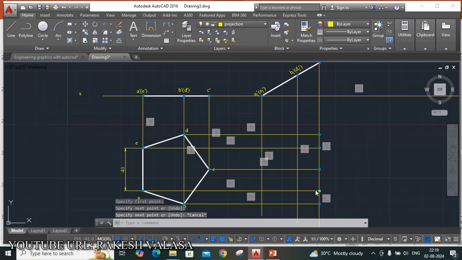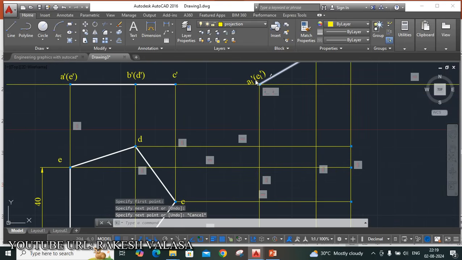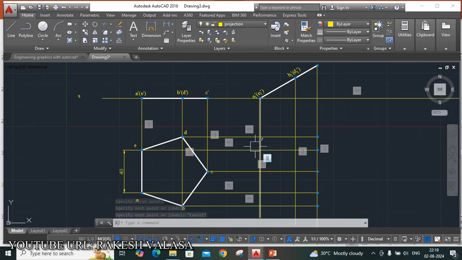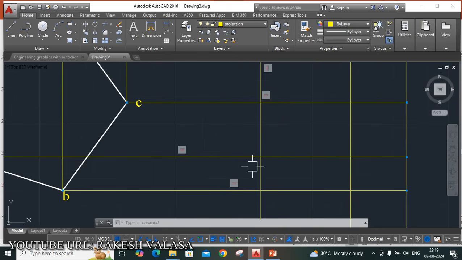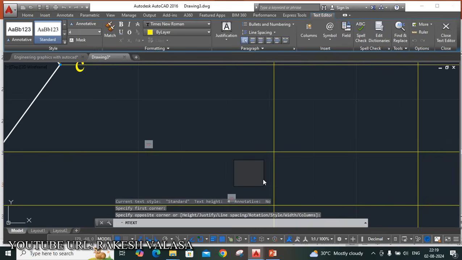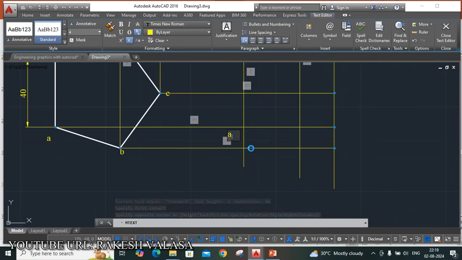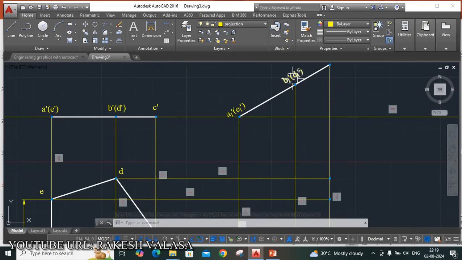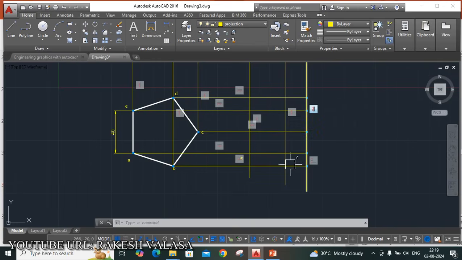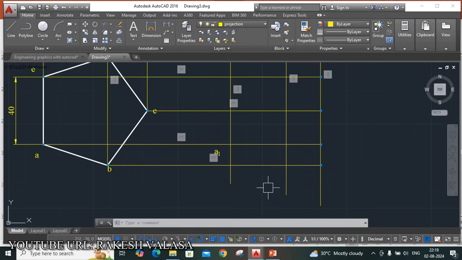Now give the names. Here A1 dash vertical projector and A dash horizontal projector. Where these two lines meet, that name is the A1 top view point. T enter. This is the A1 point. The next one is the B horizontal projector and the B1 dash vertical projector. The intersecting point name is B1.